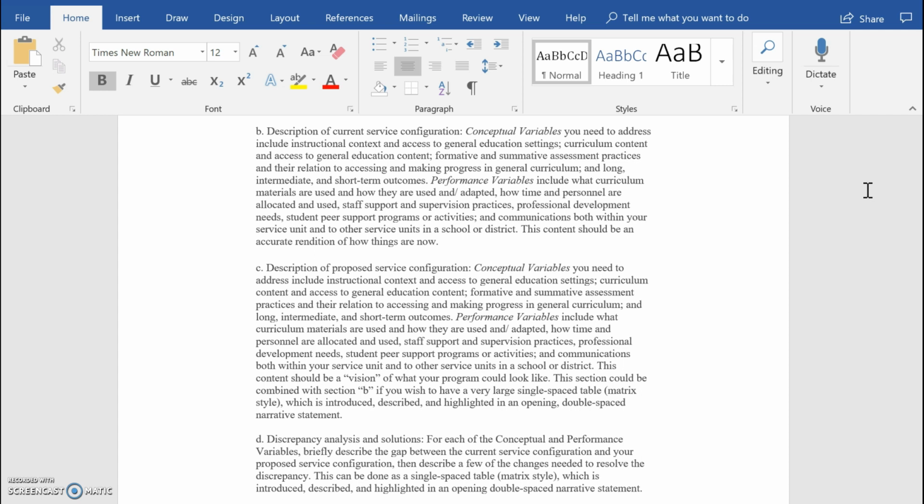For instance, conceptual variables could include the instructional context, curriculum content, assessment practices, as we've discussed earlier, and the long and short-term outcomes. The performance variables would include the particular curriculum materials used, how people are allocated, the personnel, staff support, what the supervision is like, what kinds of professional development are provided, what kinds of communications occur within the unit as well as to other units. So we're really looking at how things are now, and you want to include and highlight both performance and